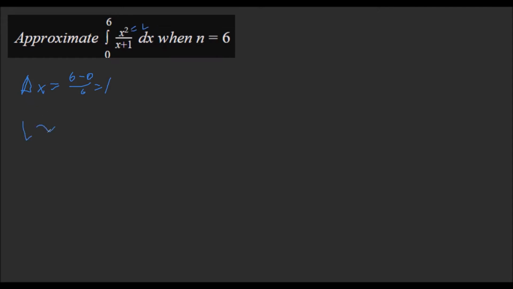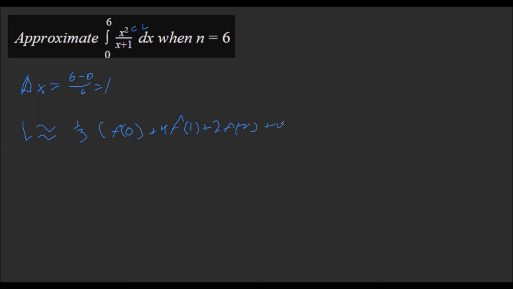Now we're going to say that L is approximately equal to delta x over 3, which is going to be 1/3 times, okay, I should mention before I list the terms, that the difference in the x values of each of these terms, such as f of x sub 0 and 4 f of x sub 1, the difference in those x values is going to be equal to delta x, as you can imagine. So we're going to start off with f of 0. And then we're going to add to this term 4 times f of 1, because delta x is 1. And now we can just list the rest: 2 times f of 2